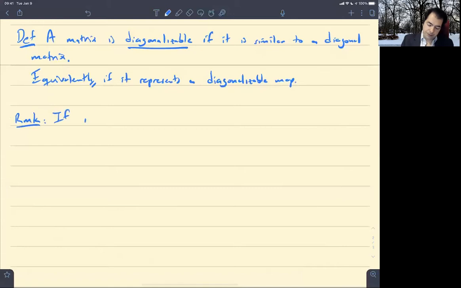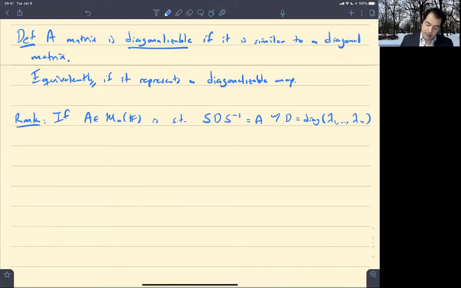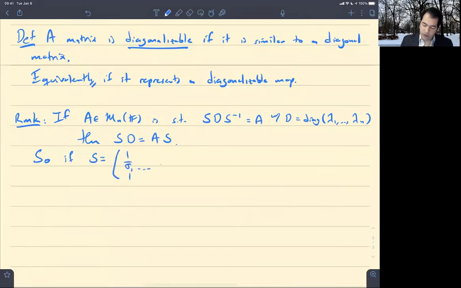So if you give me an n by n matrix, and it turns out that it's similar to a diagonal matrix, so let's write that as A is S D S inverse with D a diagonal matrix, entries lambda 1 through lambda n on the diagonal, then, multiplying by S on the right, it's true that S times D is equal to A times S. So if we do as we did a second ago and write S as the matrix whose columns are sigma 1 through sigma n,